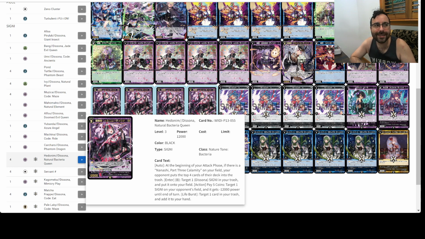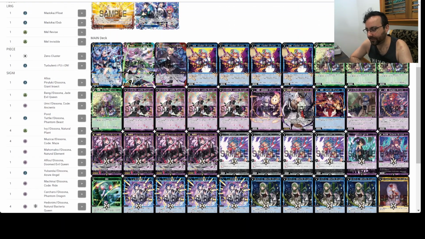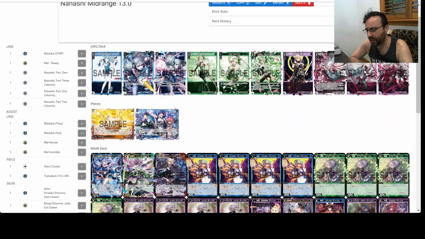And you don't necessarily need to be pretty stingy with it. You can be pretty quick with it if you want. You don't know how many times you're going to get the Hedonym per game. So that already tells us a little bit about what this deck is going to do. It's going to want to toolbox a little bit. It's going to want to mill your opponents out, and it's going to want to do negative 3000s across the